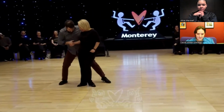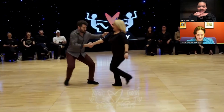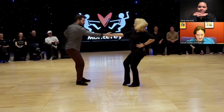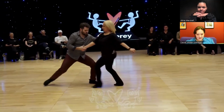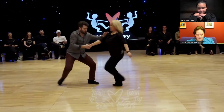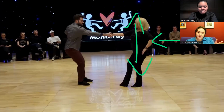This is a moment where, again, we're looking like we're coming to a complete stop, but it's not quite that. So I want to talk about, before we get to the stopping part, how he's accelerating her, because he's doing it by first leading her forward, kind of like normal, but then he starts leading her down. We've talked about it before. Direction plus a change in elevation is an acceleration